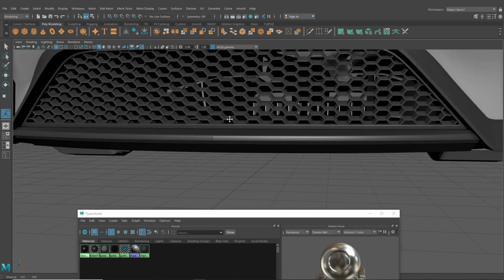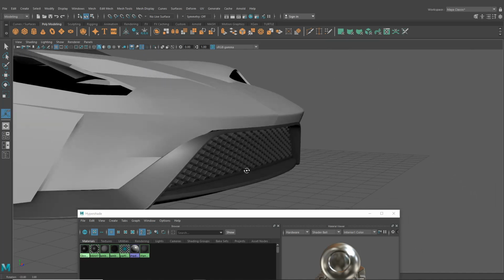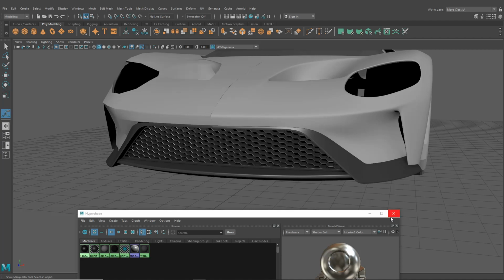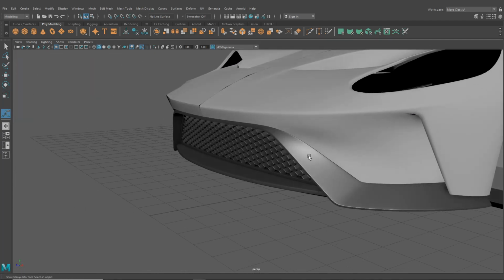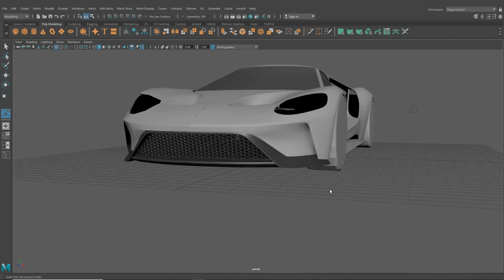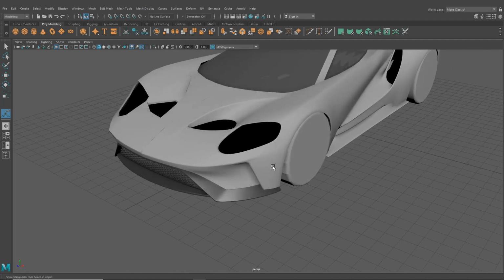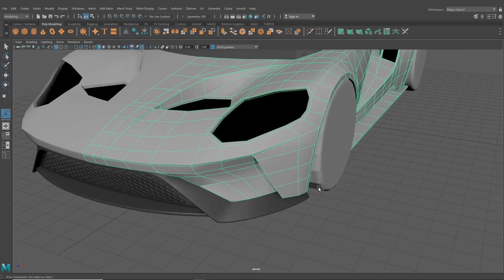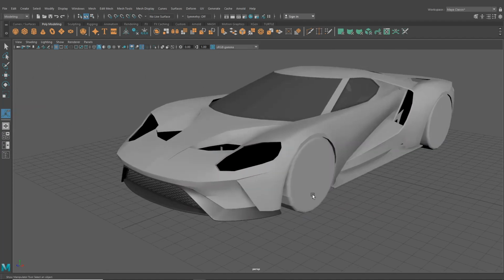So that's looking really nice, and let's just go maybe gloss black on the actual honeycomb. So we can start to see now how we're really looking nice and smooth inside there, especially around and down here, which is looking really nice. So we're starting to see the process of what it is that we need to do for this vehicle. So maybe what we could do for the next task is we could start to think about